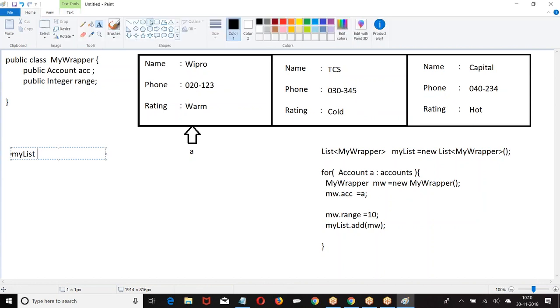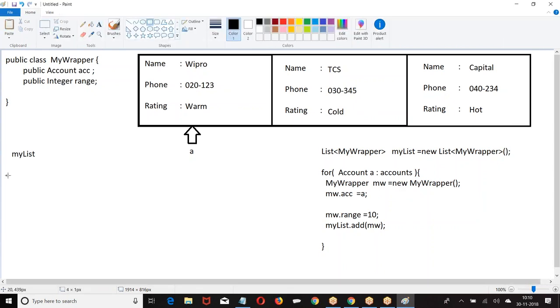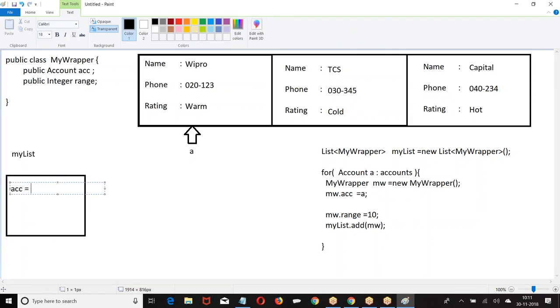My wrapper equal to, then I told, okay, ACC equal to A. ACC equal to A means what is A now? Name Wipro, phone, rating. I give a rating, yeah? Okay.